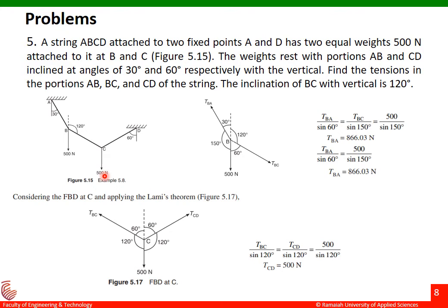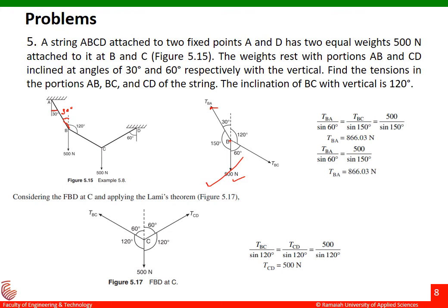So let us draw the free body diagram at B and then at C. So this is the free body diagram at B and then this is the free body diagram at C over here. Fine. So let me explain you this free body diagram at B. Now we have a weight which is acting downwards, that is 500 Newton. One more thing, this cable, that is TBA, is written over there and the direction is towards the support. Fine. Now if this is 30 degrees, this will also be 30 degrees.